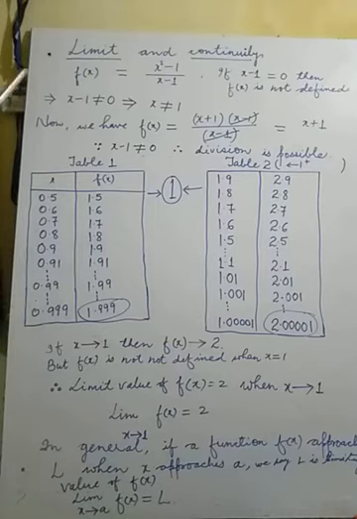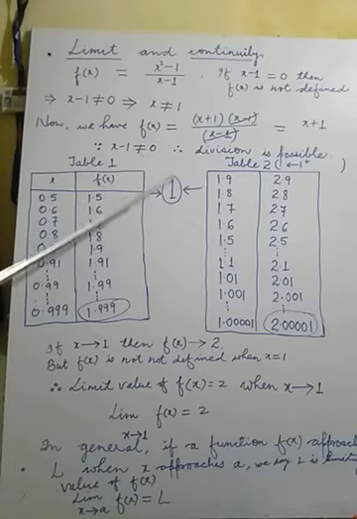Clear? Now all these values are less than 1, and all these values of x are taken from less than 1. Which side are they on? On the left hand side of 1, because exactly 1 cannot be taken as the value of x. So all these values are less than 1, and all are on the left hand side of the given value 1, because this one is restricted. We cannot take the value of exactly 1. The limiting value of 1 will be taken. The approaching value of 1 will be taken, not exactly 1.